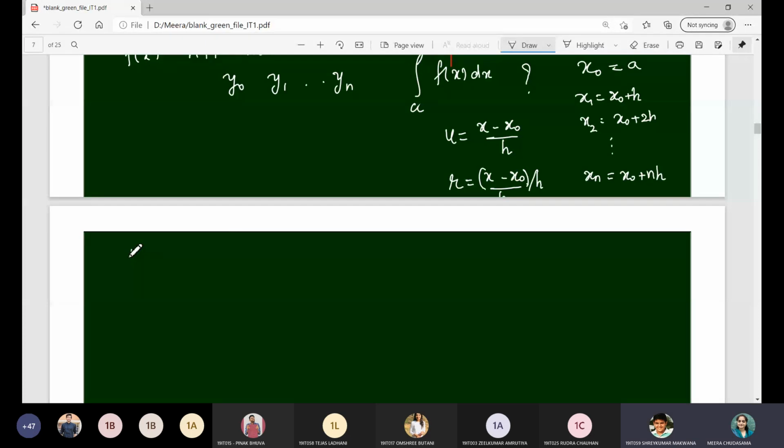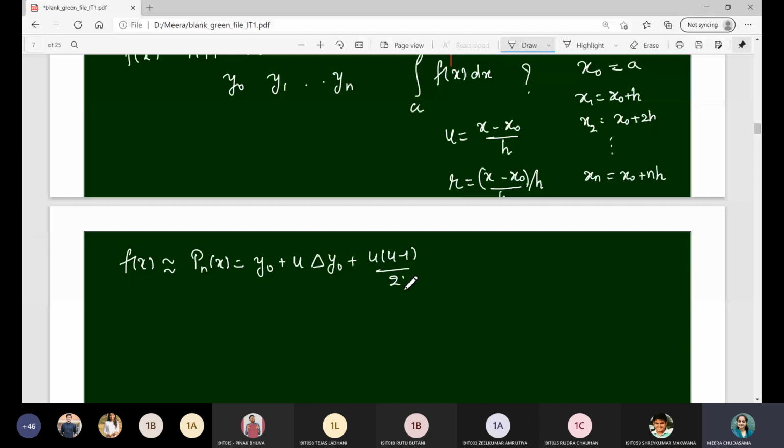Forward, yes, forward. y0 plus r delta y0 plus, in place of r we are using right now u. So u delta y0 plus u into u minus 1 upon 2 factorial delta 2 y0 plus the third quantity will be u into u minus 1 into u minus 2 upon 3 factorial delta 3 y0 plus up to. So integrate this, a to b f of x dx is the same as integrating